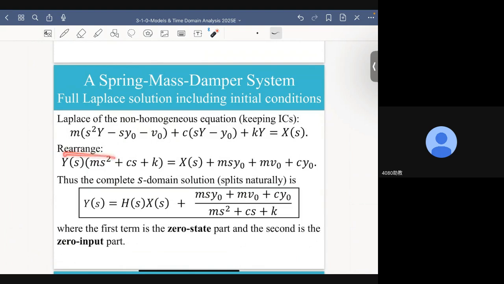Let's rearrange the terms. Anything related to y is put on the left-hand side of this equality, and the remaining terms are all shifted to the right-hand side of this equality, okay? And this is what we'll get. Now, to solve for y, this is what we will get. Again, this is the zero state response, and this, as you can see, is all related to initial conditions, and therefore is, of course, the zero input response. All right?